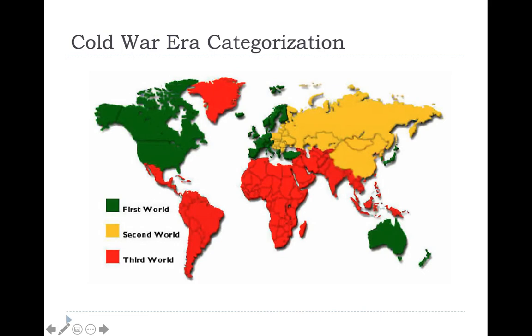The Cold War was the real turning point in the world's history in which you have the emergence of first world versus third world countries. Okay? The first world countries are all the countries that are in green. Second world countries were mainly Eastern Europe. And the third world countries were everybody else. Since the Cold War ended in the early 1990s, a lot of these classifications have remained the same, where second and third world countries are working on becoming second and first world countries.